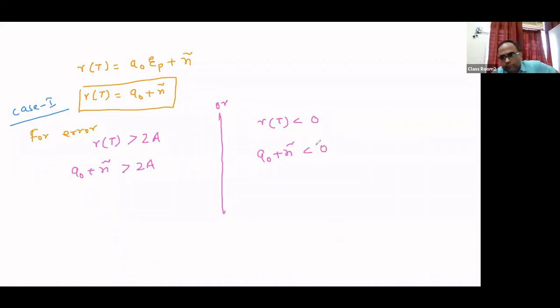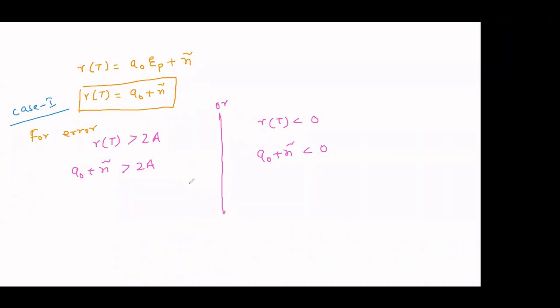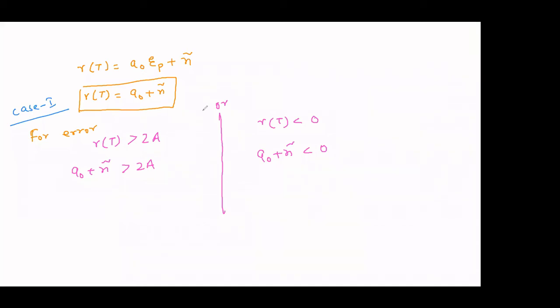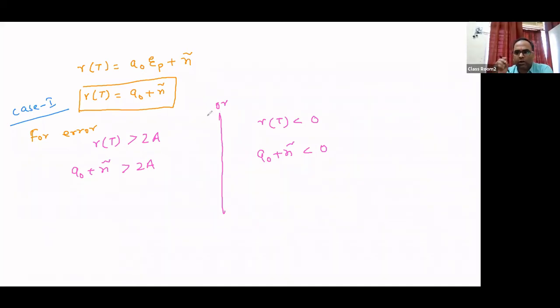And what is the value of A naught? Capital A, right? The symbol A naught is equal to A. We are doing all this calculation for A, right? So A naught is A. If we do the calculation for 3A, then the value of A naught will be 3A. If we do the calculation for 5A, then the value of A naught will be 5A, right? So we are doing this calculation for A.